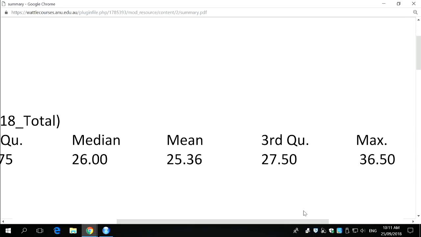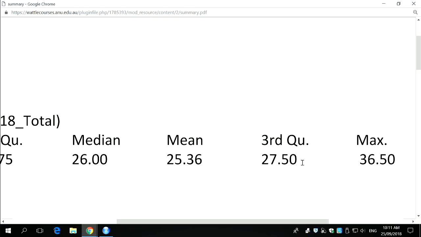Okay, so the top was 36.5. So the person who got 36.5, I don't know who it is. I can look up their student number, and if I wanted to, I could find out who they are, but I don't want to. That person's probably going to get near enough 95, 96%, 100%, whatever, right? If this was the only piece of assessment, that would end up being roughly 100, okay? So that's the top watermark. Now, like I said, about the top 15% get HDs, about the next 20% get Ds. So roughly speaking, 30 to 35% of the class will be in the D/HD range, okay?